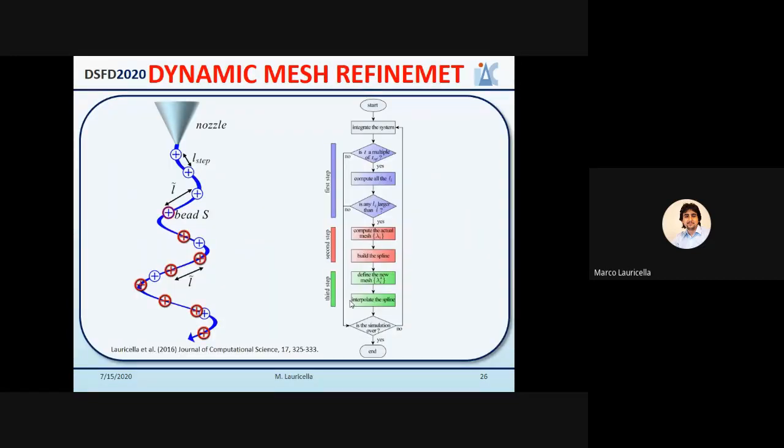The last critical point is that since the jet is stretching more and more when approaching the collector, the distance between beads starts to increase, and in simpler words, the mesh used to discretize the continuous equation of motion can be extremely coarse close to the collector. But we have to consider that we are completely free to choose the mesh to discretize the continuous form. And moreover, we can also change the mesh during the simulation as the mesh becomes too coarse, for instance, below a certain quality criteria. Indeed, we exploit the dynamic mesh refinement approach in this context, and in particular, we use